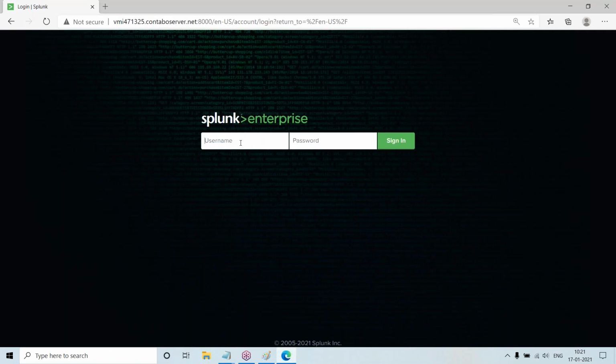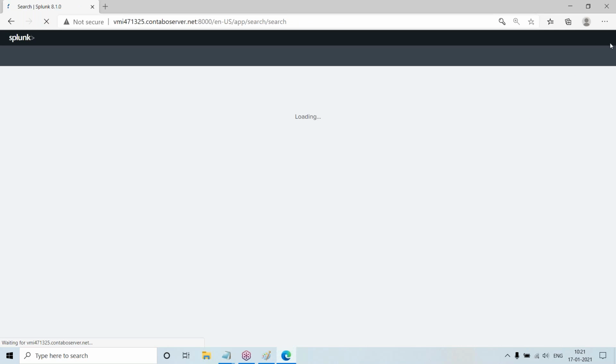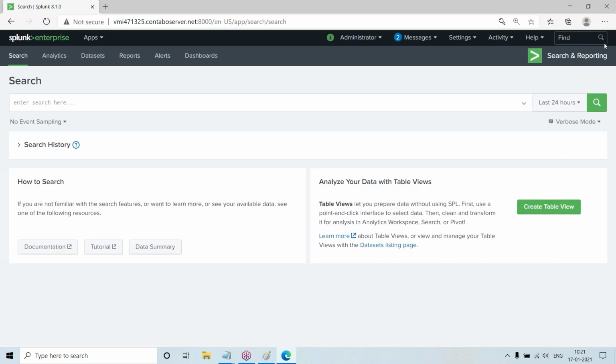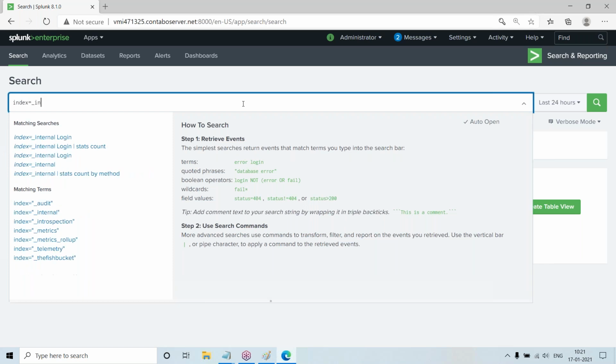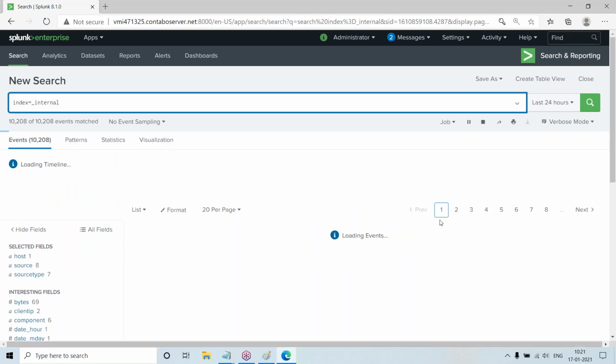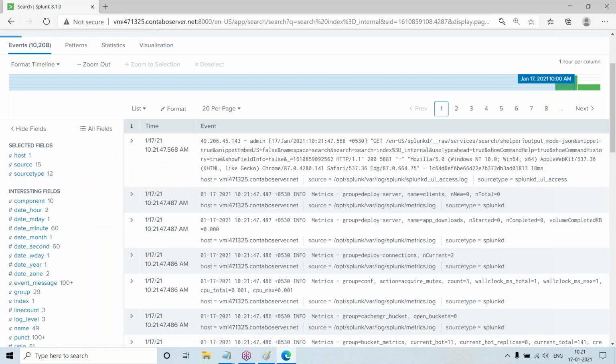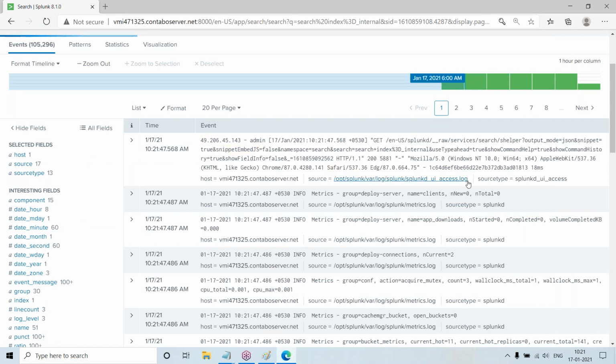So this is Splunk. This is the log snippet, right? So basically what Splunk does is get the information something like this.